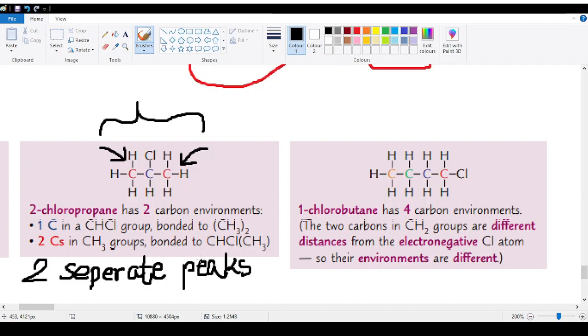Just try to understand the carbon environment, the chemical environment part. And what about this compound here? There's four different carbon atoms, obviously. Now